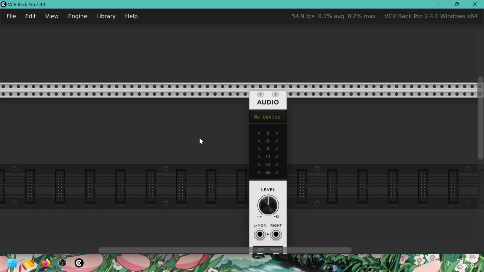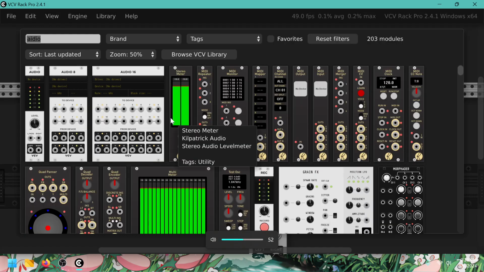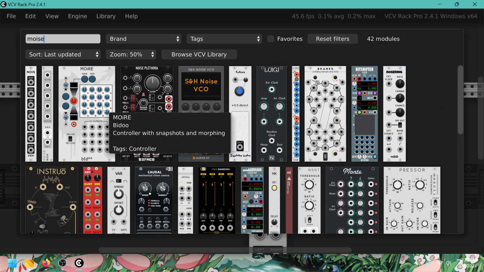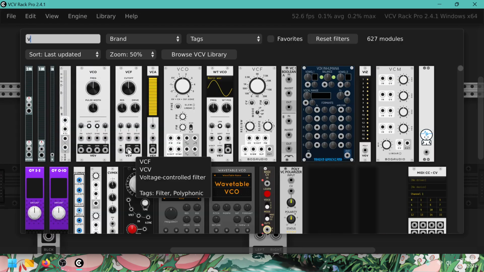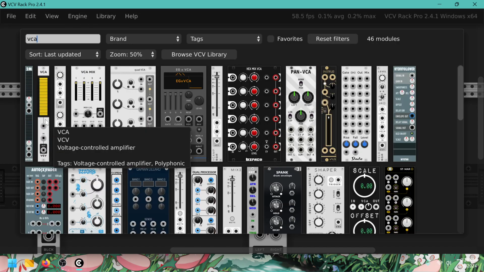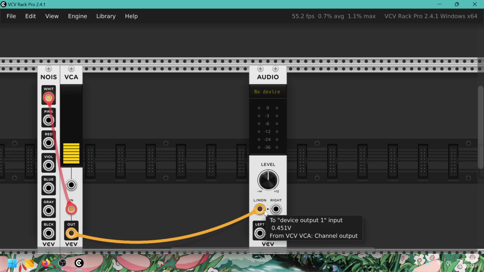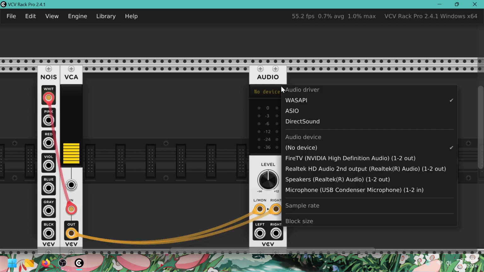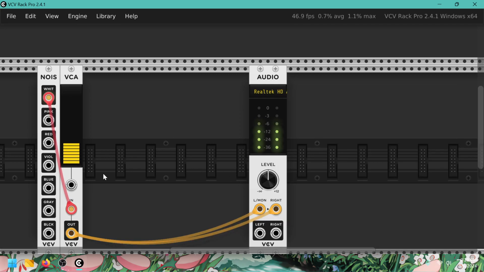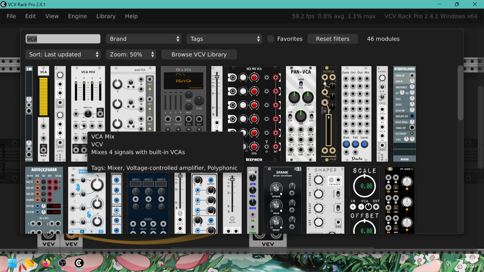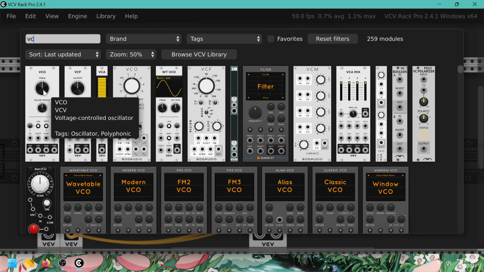So first thing you need in these situations is audio out, of course, and then I'm going to add noise, but I'm also going to get a VCA because I want to control the sound level of this thing, because otherwise my ears are going to hurt, and I don't want that. So we're going to make it really quiet for now. Make sure the device output is set here. So this is white noise, and it sounds kind of like rain, in a way. It's not perfect, but